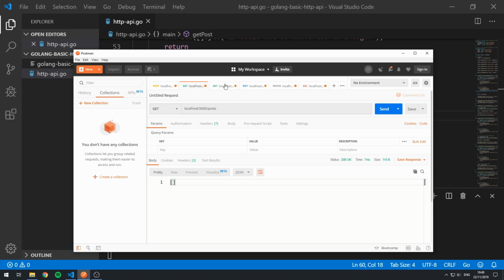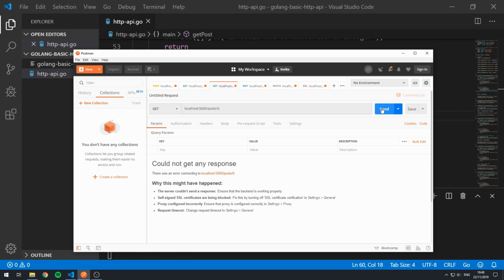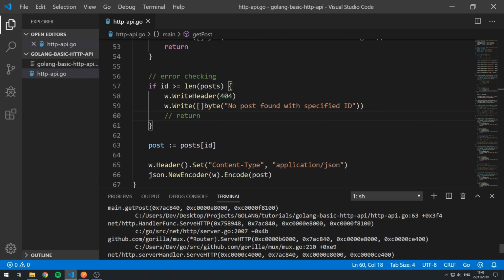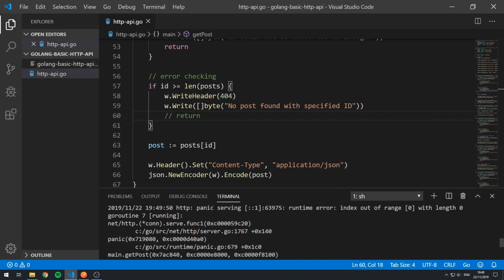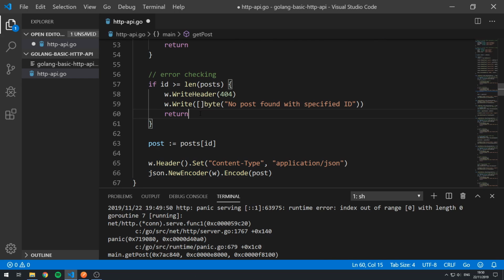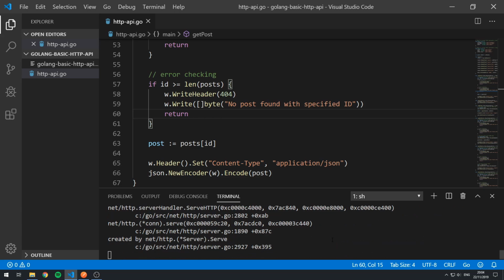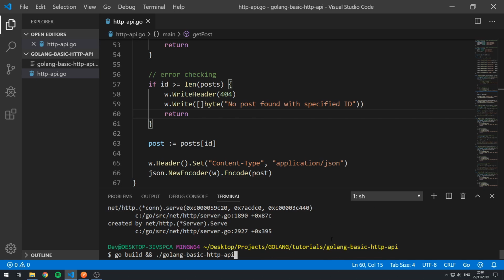That's good. Let's now go back to the get/posts/ID request, where the ID here is 0, and let's click send. And here we get that error, where the API can't respond because we get this error here. So there we go. It's because of this line, okay? So we have to return here so that this code isn't executed when the ID is out of range, when the index is out of range, okay? Let's now save this, and let's go back to the terminal, and let's do Control C, and let's re-execute this,